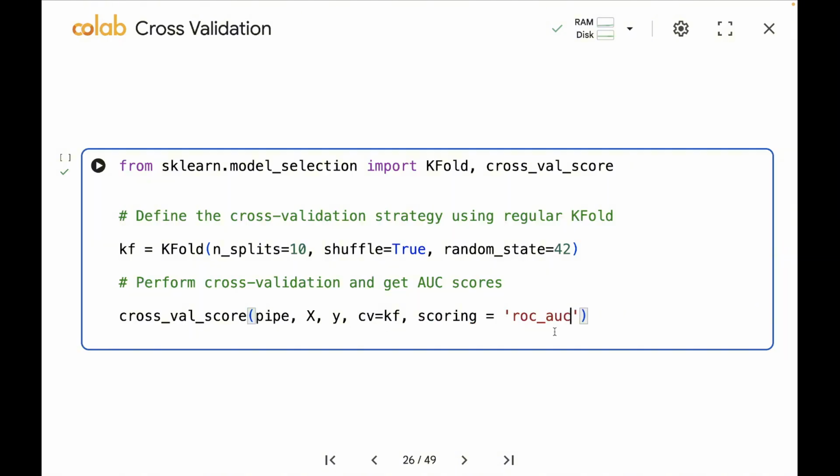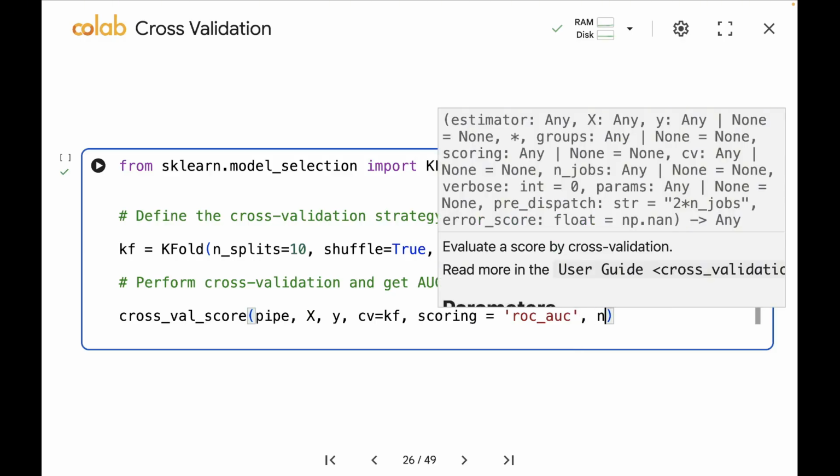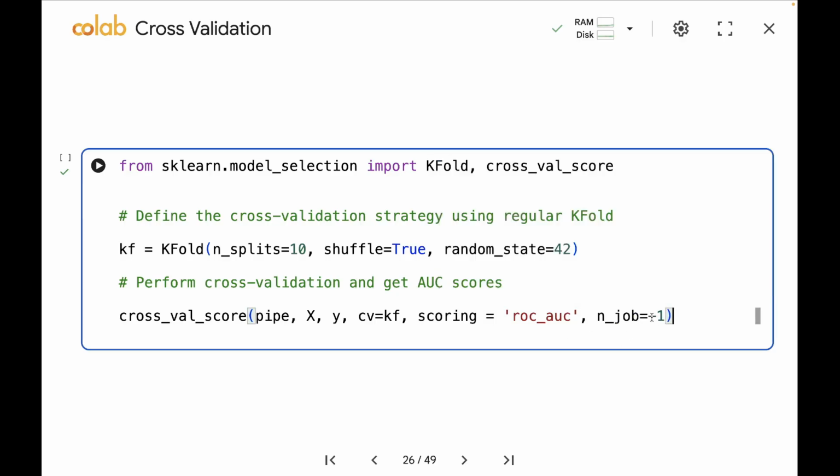So it's the AUC score, right? And this part is optional, but to be more efficient, we can specify number of jobs equal to -1. This -1 means that you create multiple instances, multiple threads for this function, so that you are using all the computer cores to run this procedure more efficiently. Because there are many steps involved, I want to make it as efficient as possible. Okay. Now,